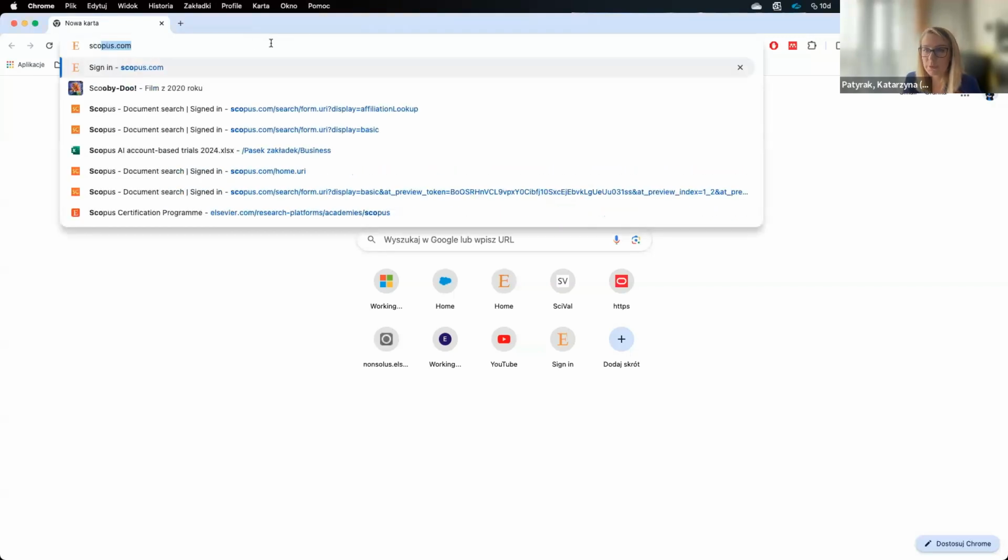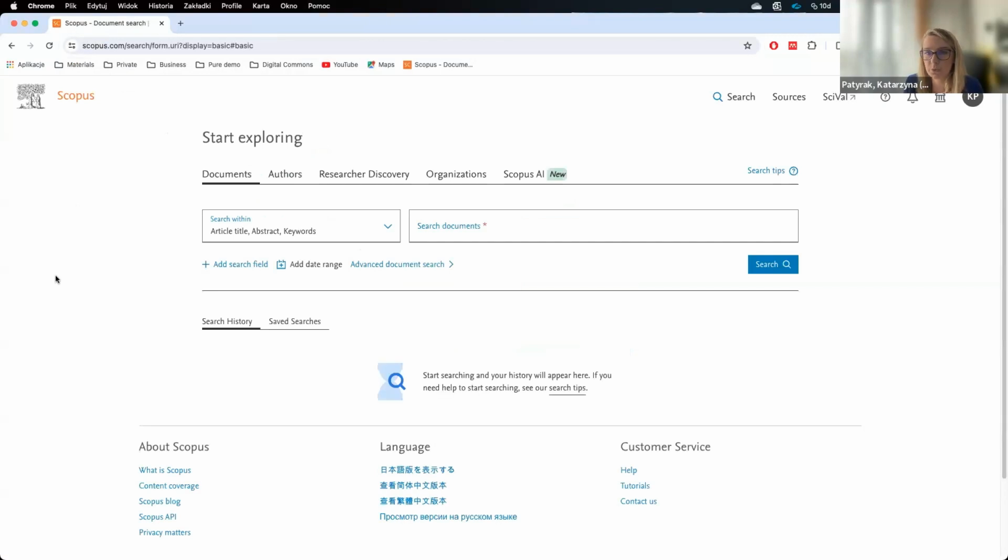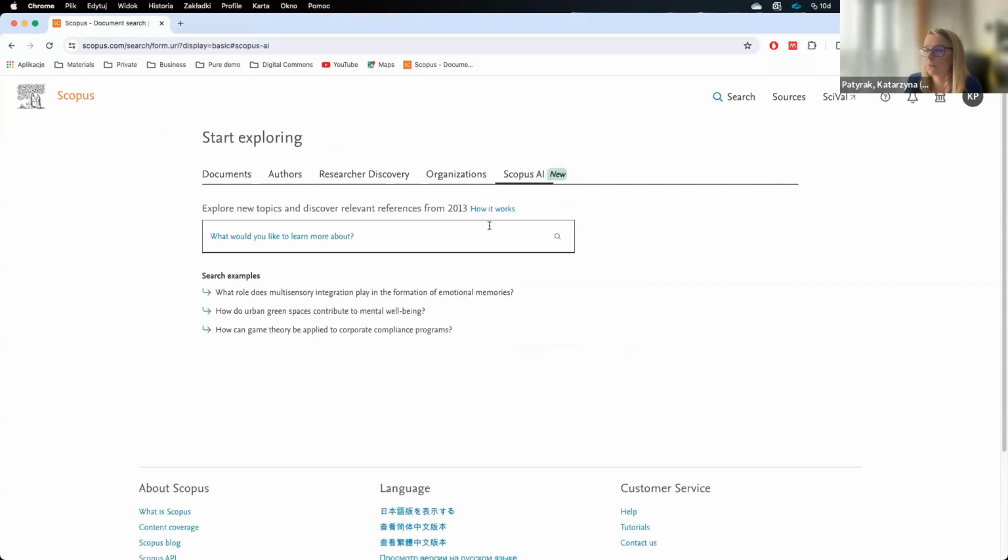So first of all, to get access, you need to go to the scopus.com website. As this is a trial for you, please be aware that you need to do this once you are within the range of the IP addresses of your university. That's going to be very important. And once you log in with the IP addresses, you will see this tab here, which is Scopus AI. You will see it's a new thing, and here it goes. As you can see, it's quite easy